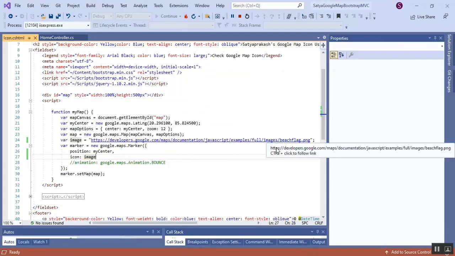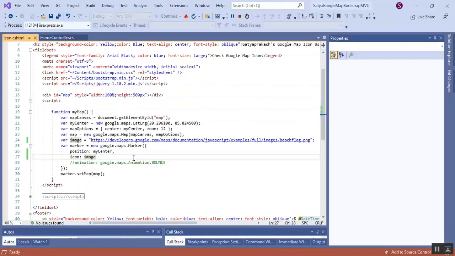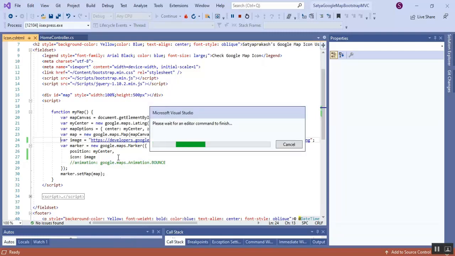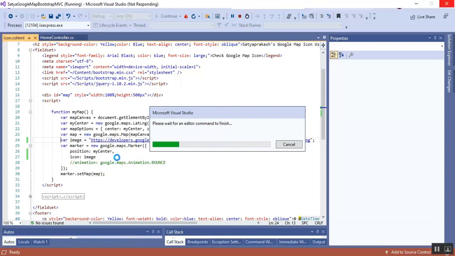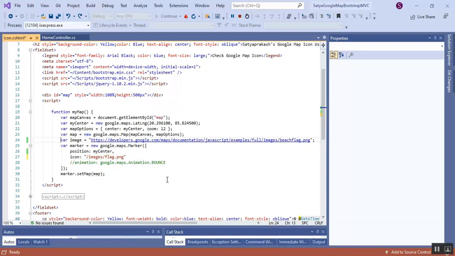Okay, so in this way we can set the images instead of default marker. So we can set the image as the relative path or our CDN path. So we need to undo the changes. So we need to show it as my relative path of image, whatever it contains. Okay, and need to comment it. Okay guys, so again we need to go here and refresh it,